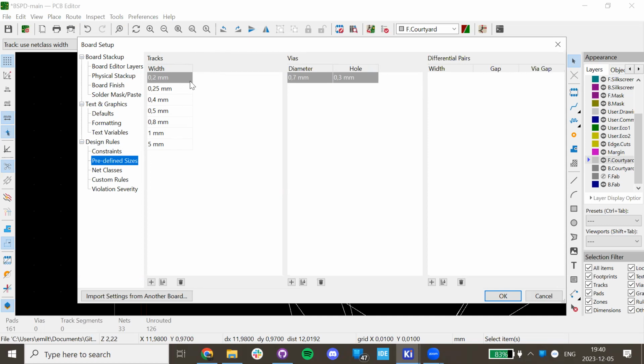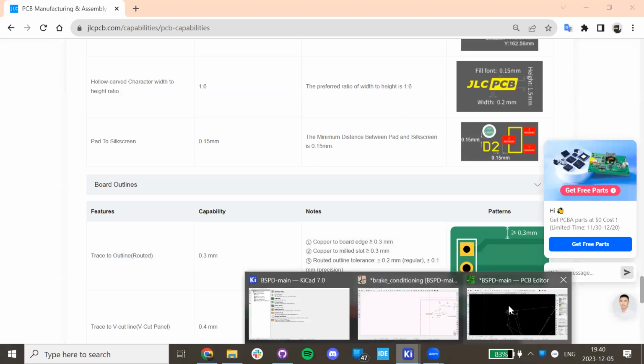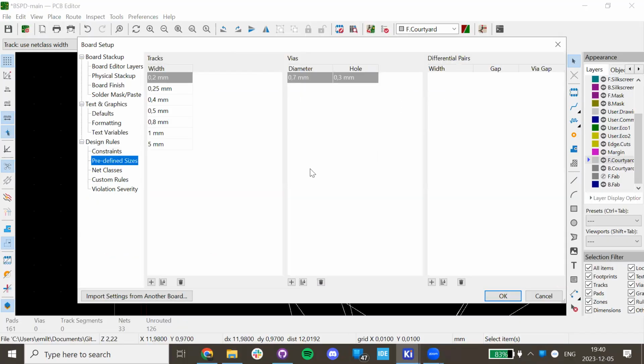We said 0.2 in the design rules, so we should not go under 0.2 here. But what you should always do, if you have like an OR gate, it was okay. If you have things like that, it's usually very low current. Same with your MCU, it's low current. But if you have some kind of relay, that may consume a bit more, or you have like an LCD screen,